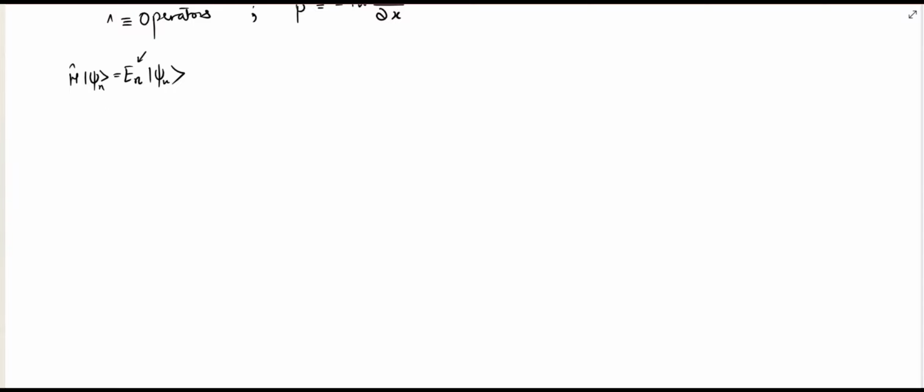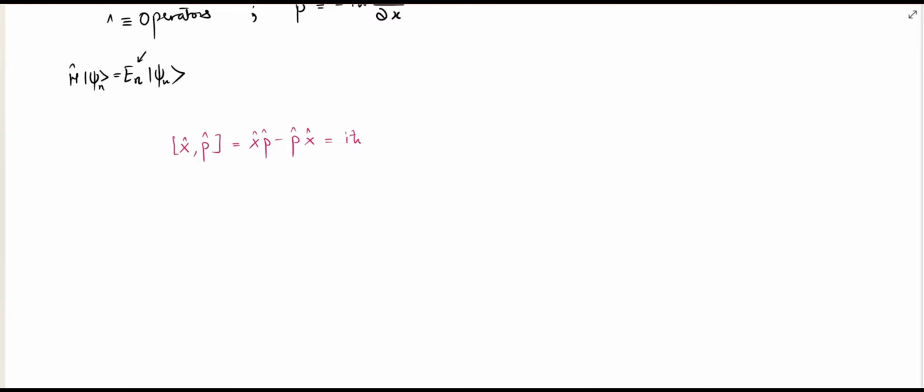Now, to solve this particular problem or to simplify this one, moreover, before going ahead, we should understand that this x cap and p cap follow what is called Heisenberg's uncertainty principle. That is, the commutator of x cap and p cap, that is x cap p cap minus p cap x cap, is equal to i h bar. So this is what is followed by these x caps and p caps.